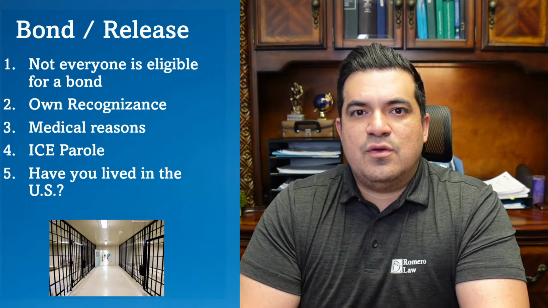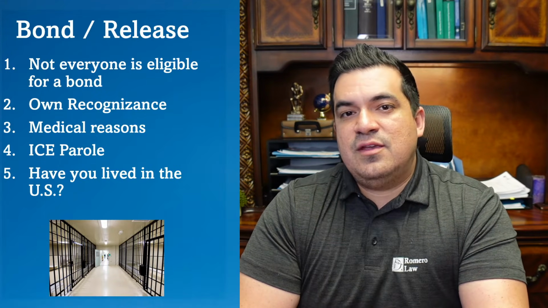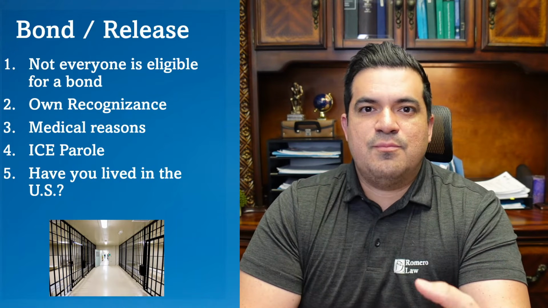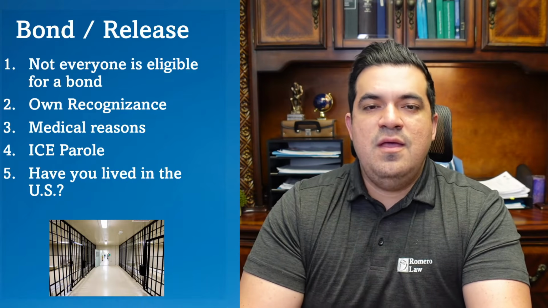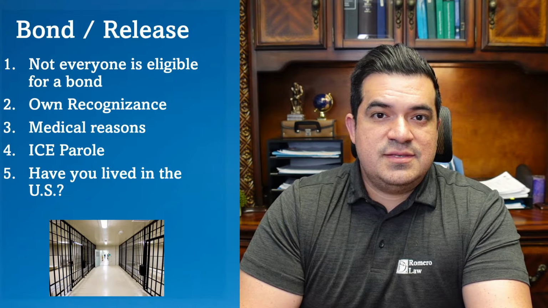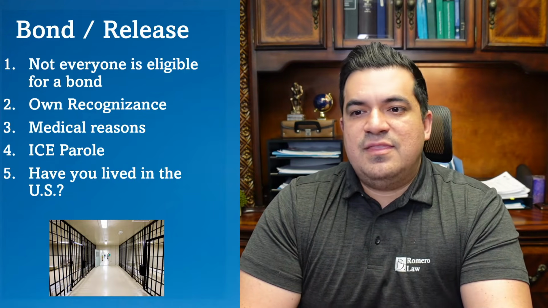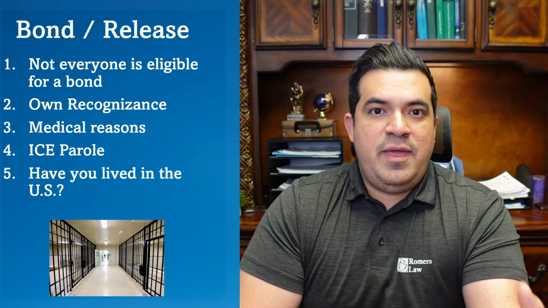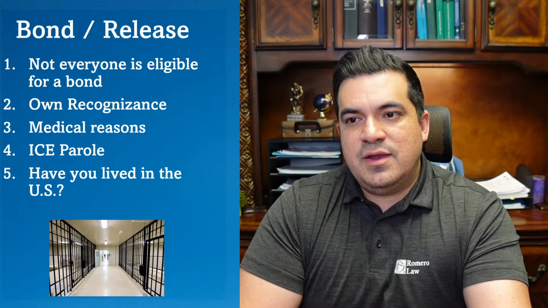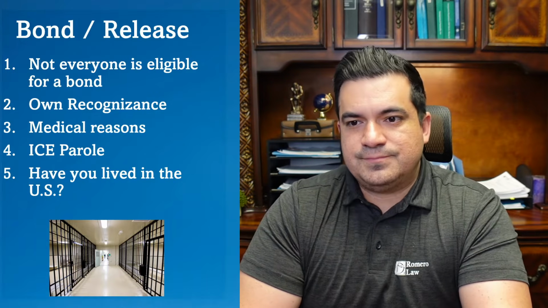Also, ICE can let you go. They can let you go on your own recognizance, saying that you're promising you're going to check in every time they request you and go to your court hearings. They're basically trusting you to do what they ask. ICE is the police of immigration. They can also give you a bond themselves. The bond is money that you pay, and you're promising that you'll show up to your future court hearings. If you don't show up, they can potentially keep that money.